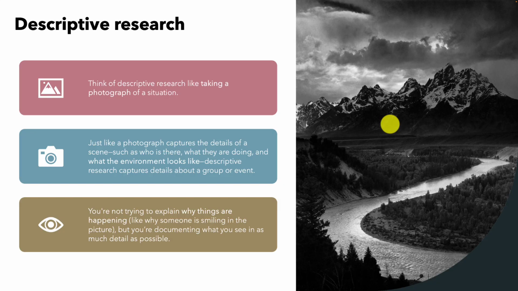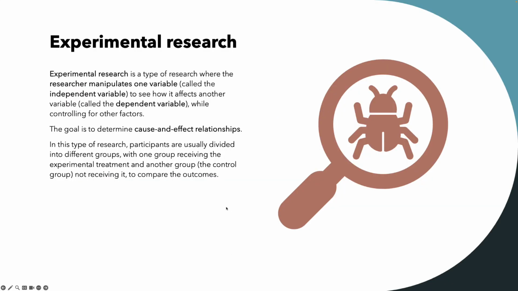So I put an example here. If somebody is smiling in a picture, it's not your job to explain why they're smiling. That would be an experimental research design. You are just simply documenting what is occurring in this picture, okay? And this is very, very different than experimental research, or what we have previously called quantitative research, where this experimental